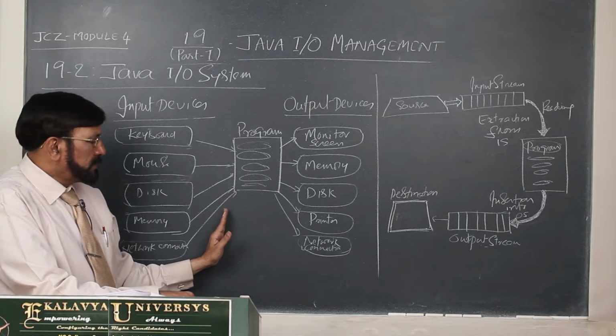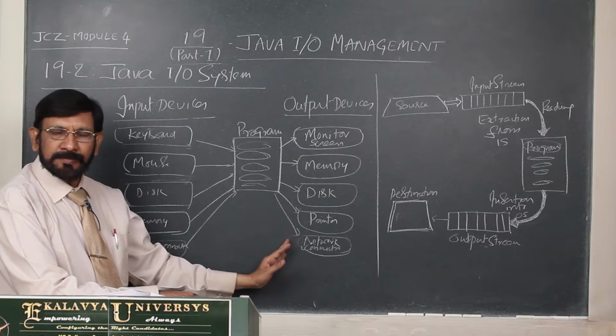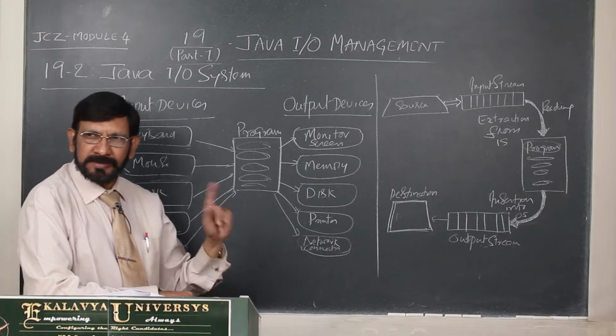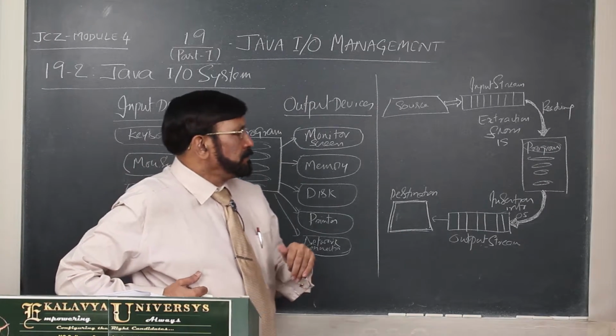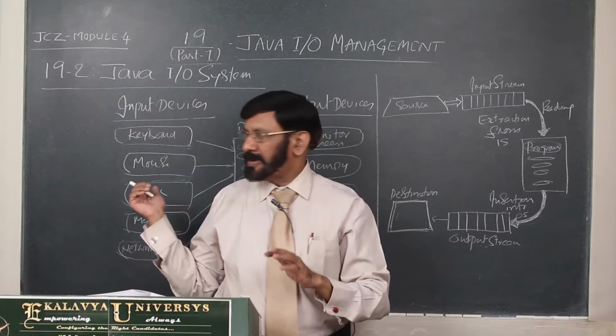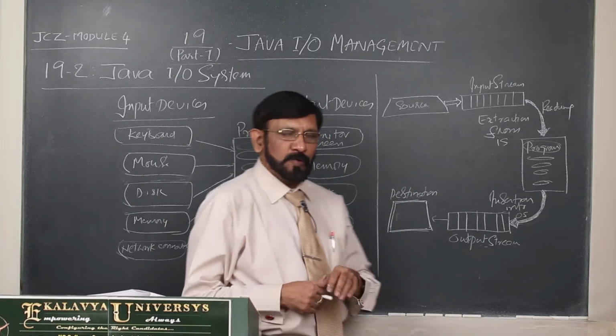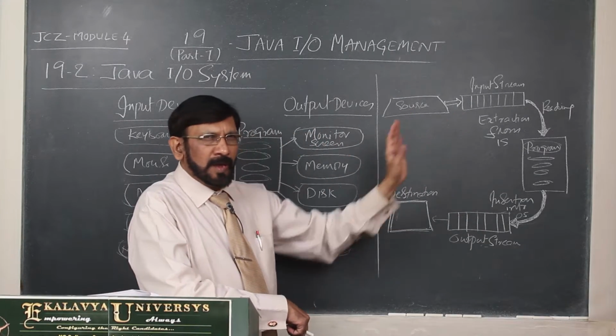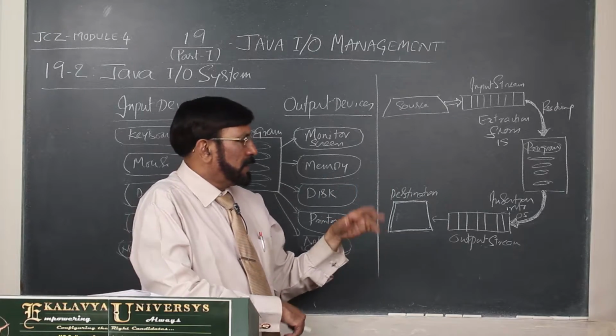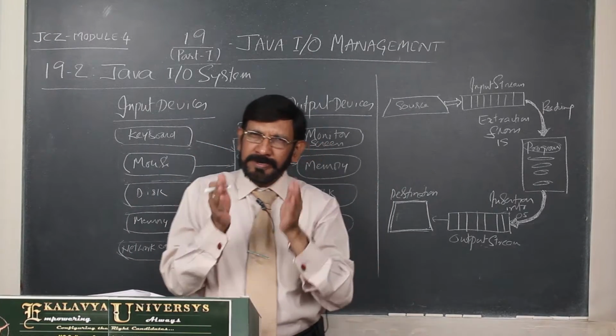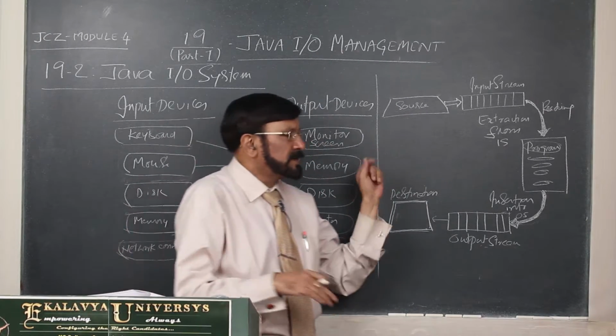These are represented by input stream classes. These are represented by output stream classes. That point you have to understand. Thereafter, after understanding it generally, let us come to a program. Now, how data is passed, what is the role of streams, you can understand here clearly.